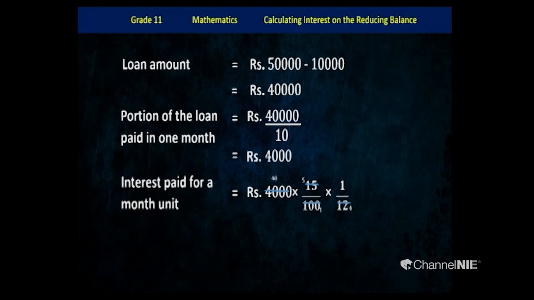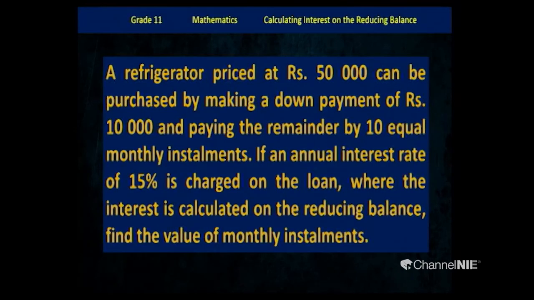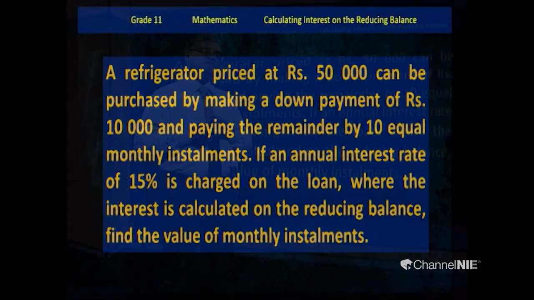After that, in the denominator you have 4 and in the numerator you have 40. Then you can divide 40 by 4. Answer is 10. Now simplifications are over. You have to just multiply and get interest for a month unit. 10 times 5, 50 rupees. Interest for a month unit is 50 rupees. Earlier also we got the same answer, but every time it is not 50, you calculate it and get.